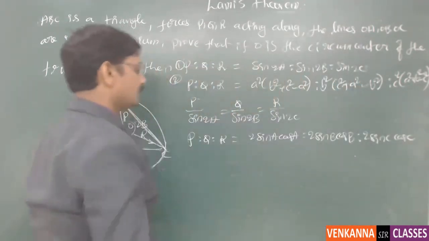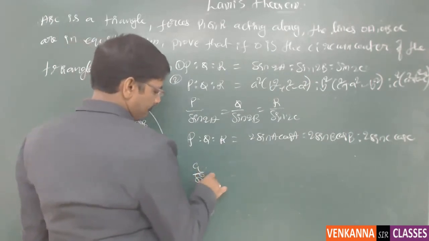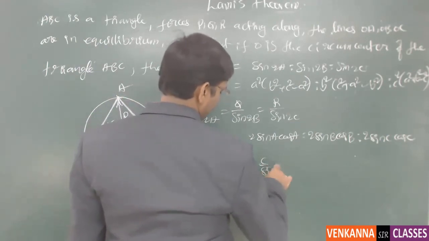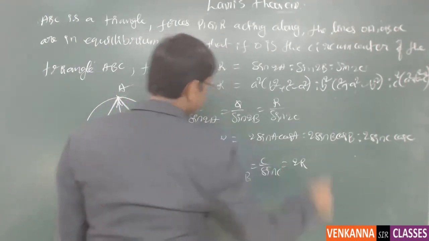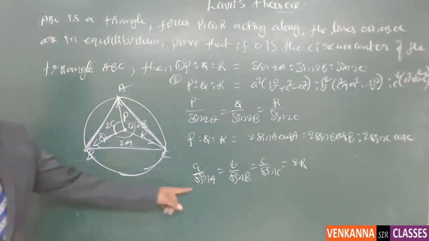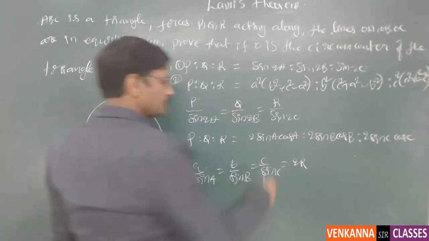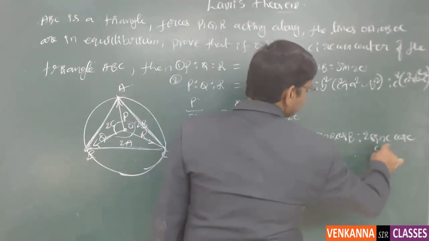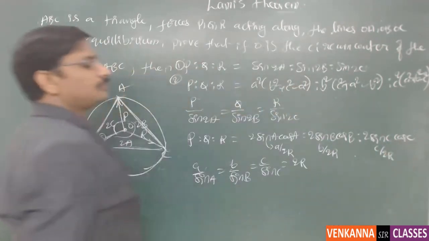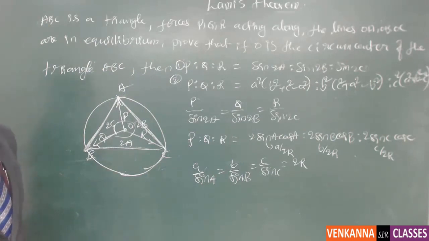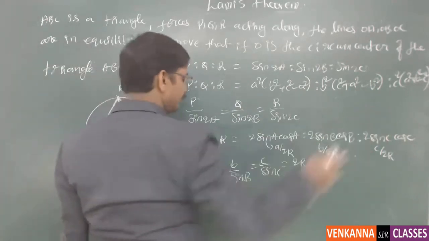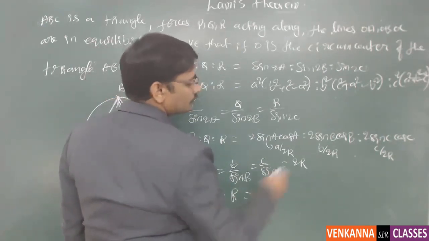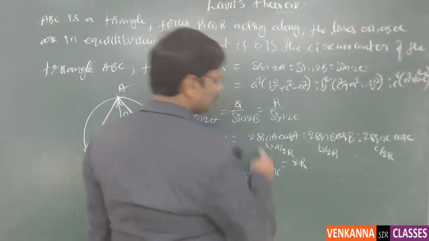Now we know the sine rule. Sine rule is nothing but A by sin A is equal to B by sin B equal to C by sin C equal to 2R. So this is the sine rule. Now you can replace sin A with A by 2R, and this is B by 2R, and this is C by 2R. Now the 2 and 2R will be constants, and you can cancel them out because that is present in the entire thing. So P is to Q is to R is equal to, so A into,